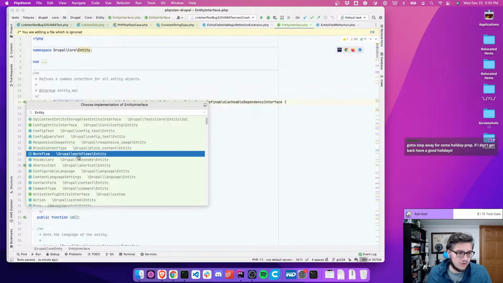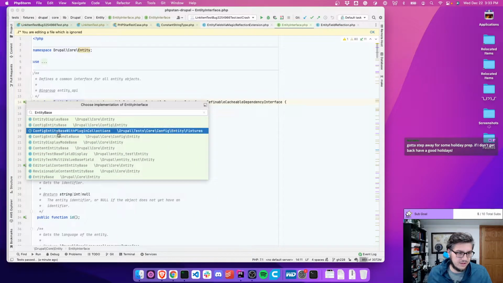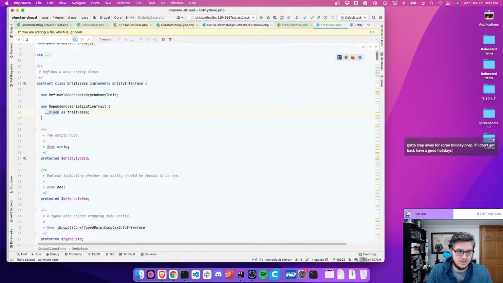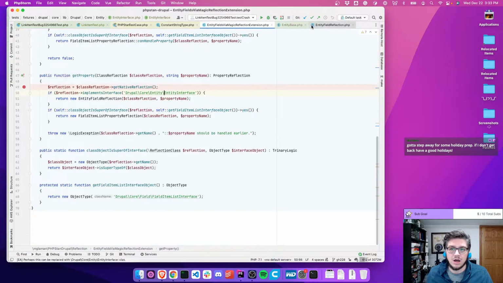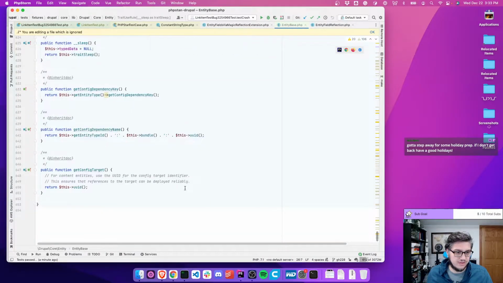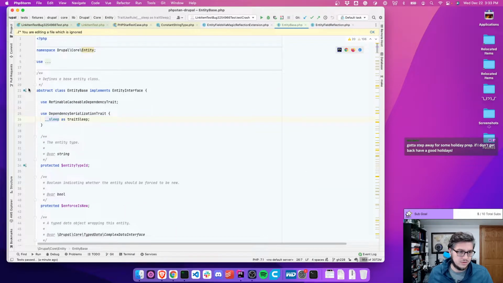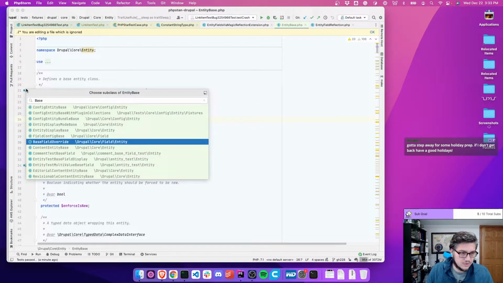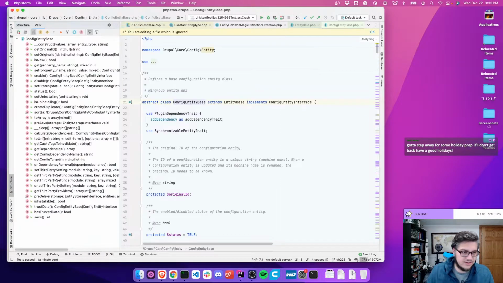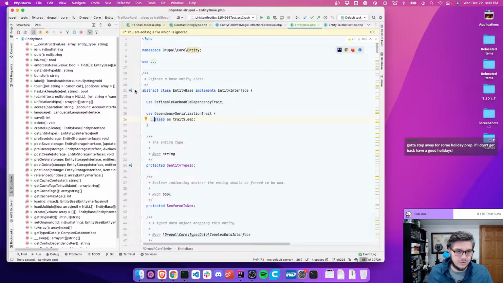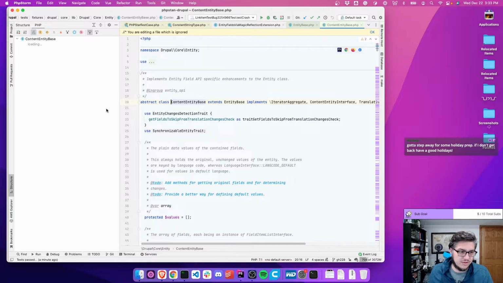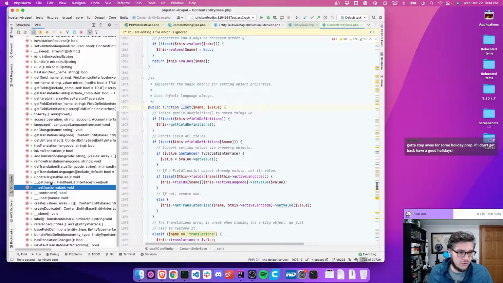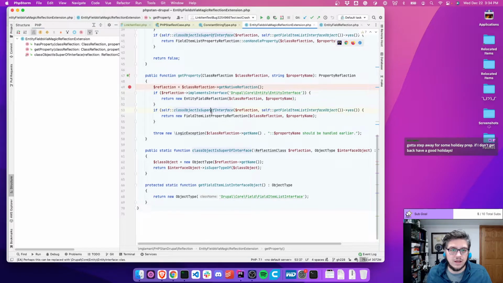Where's the core base? Entity base. So getter. Okay, so that's actually wrong. The getters don't exist on entity base, and config entity base does not have getters either. It should only be content entity base. This should be the only one that has getters. So let's go ahead and